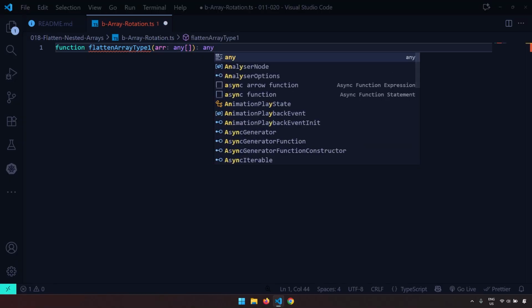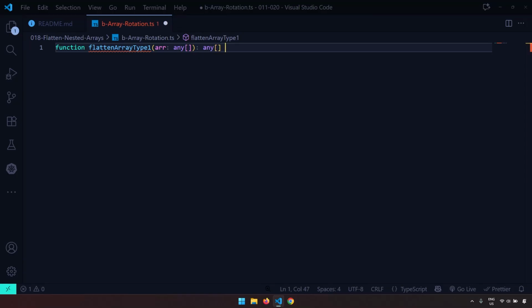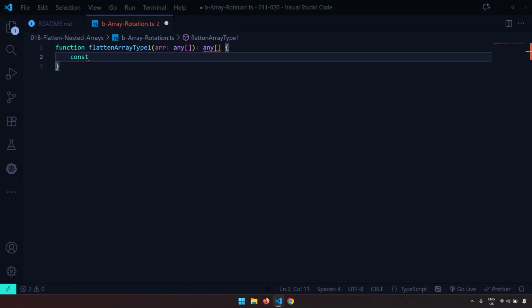That means it could have one array as a nested element. It could have 2 arrays as nested elements. It could have 1,000 arrays as nested elements. The type is any. The first thing we need to do is, since we want to create a new array,